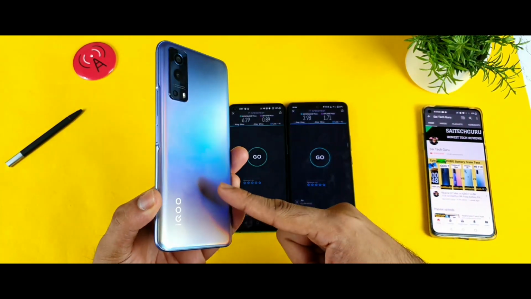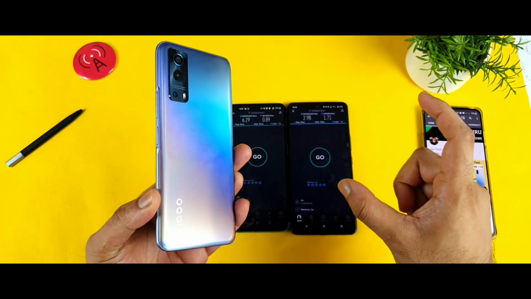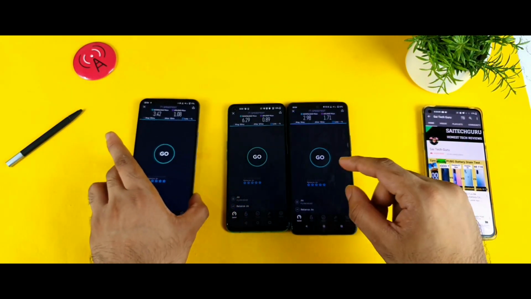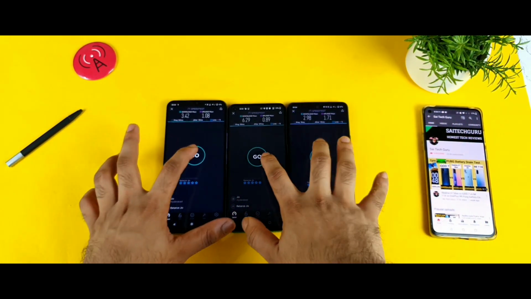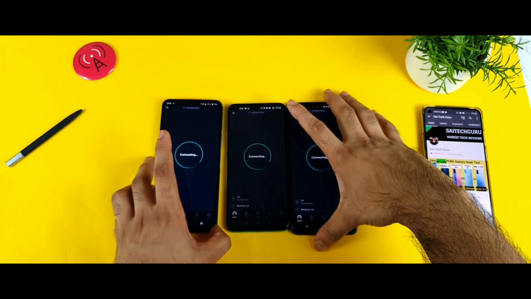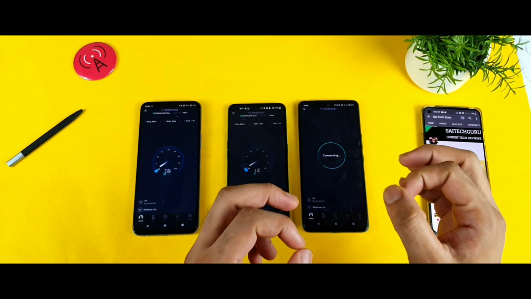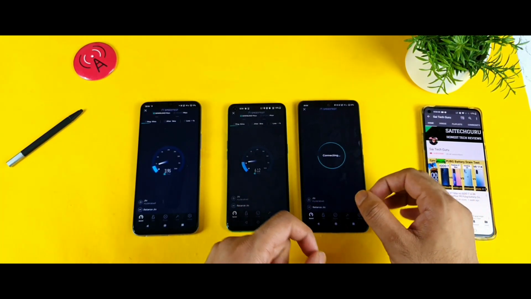The iQOO Z3 did receive the software update regarding network connectivity. After that, I did feel the network got slightly improved. So that is the reason, friends. Still there is some hope for the iQOO 7 device, so no problem at all. That is the reason I'm waiting for the update to come to this iQOO 7 and fix this network issue and the green tint problem and a few other issues.